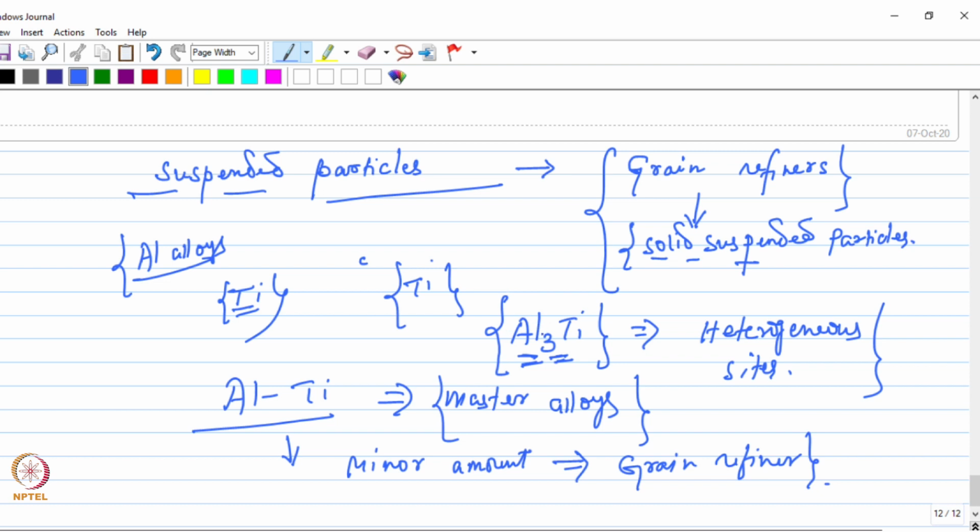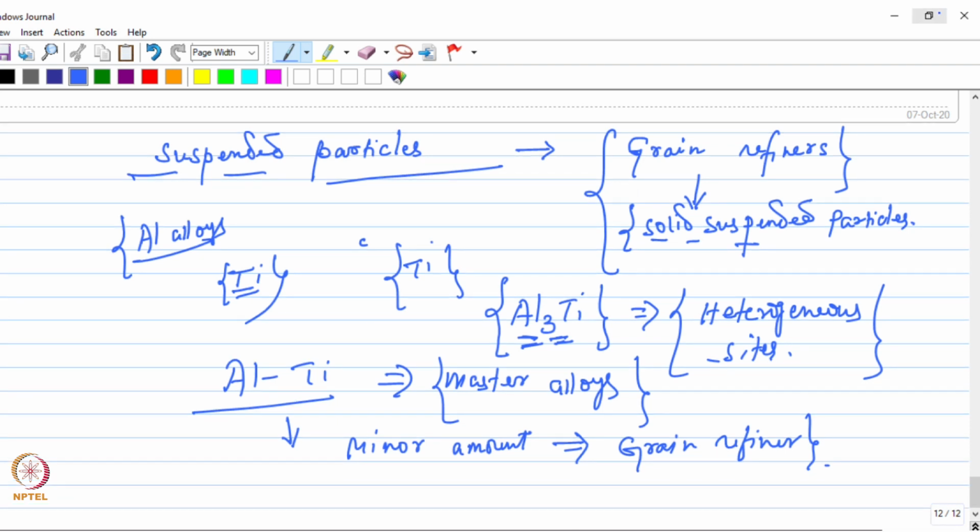They will be in the form of solid suspended particles inside the melt and will act as the heterogeneous nucleation sites and increase the nucleation rate. Okay, so that is how, with the help of adding such grain refiners, you can increase the rate of nucleation, and as you solidify the metal, the microstructure will be fine grained. Okay,